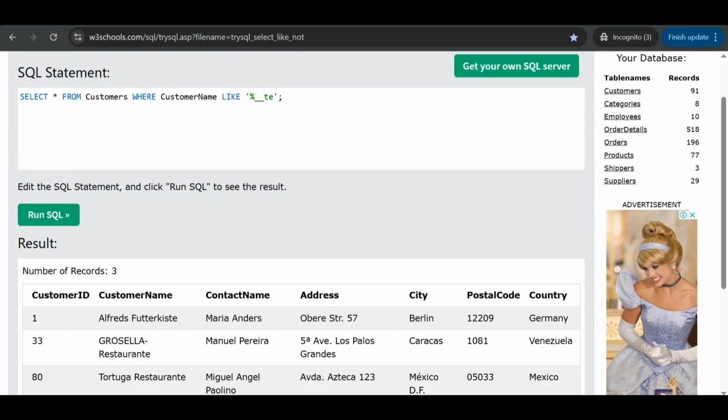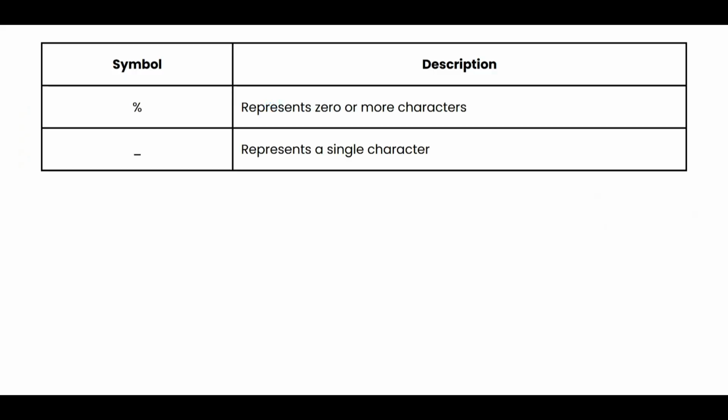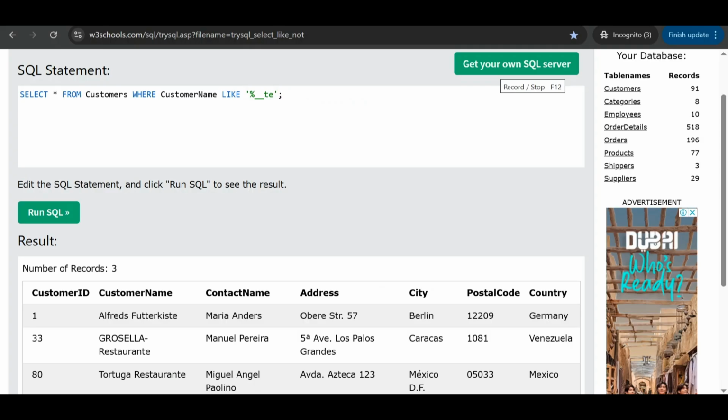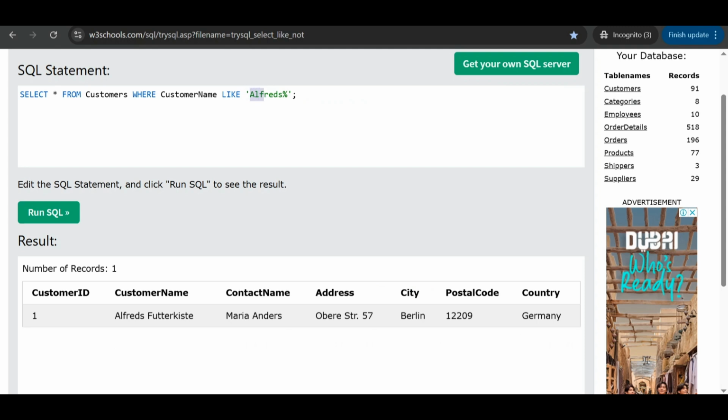Okay, that's it for LIKE part 2. Next is IN and NOT IN in select. For an additional example, I will show one again: Alfred's.